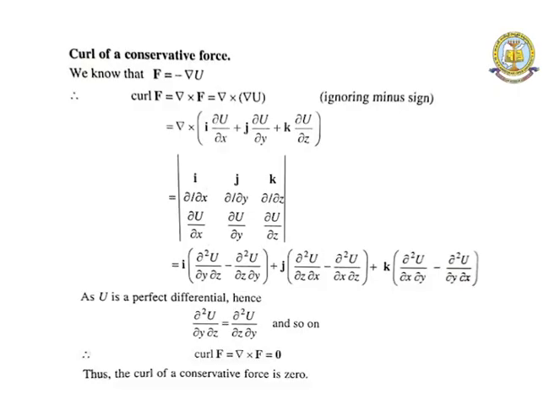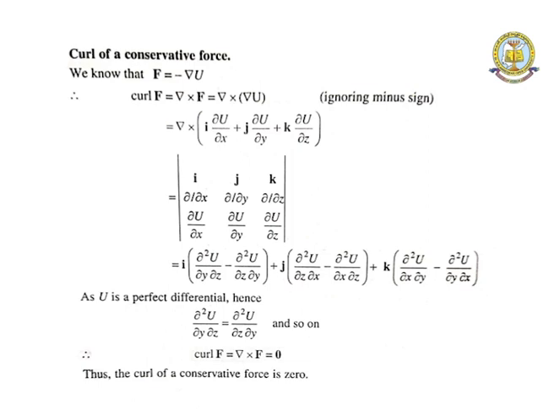One example is the curl of a conservative force. You know that for a conservative force the curl is equal to 0, where F is equal to minus del U. So the curl of a conservative force is equal to 0, and let us prove that. Curl of F means del cross F. What is F? F is minus del U. The negative sign is a constant factor, so we can neglect it, and that is equal to del cross del U,